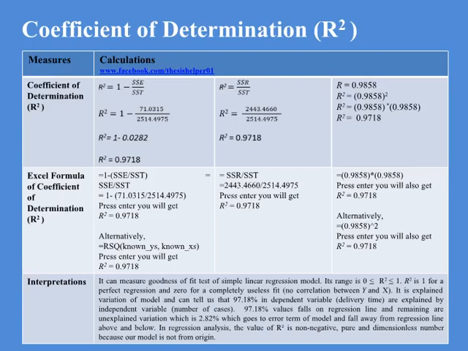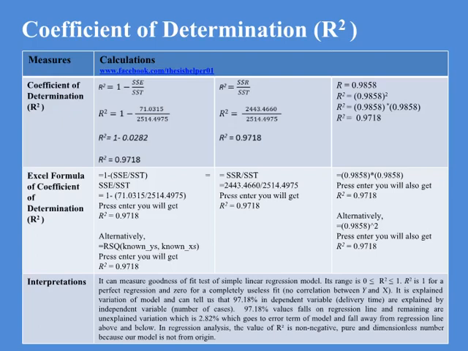Interpretations: it can measure the goodness of fit test of a simple linear regression model. Its range is 0 ≤ R² ≤ 1. R squared is 1 for a perfect regression and 0 for a completely useless fit, with no correlation between y and x. It is the explained variation of the model and can tell us that